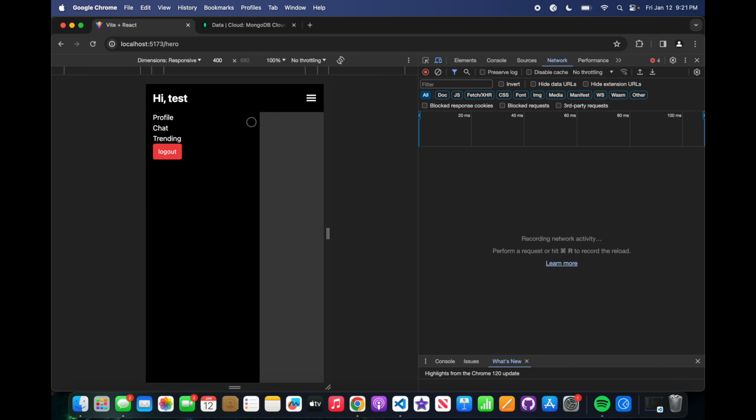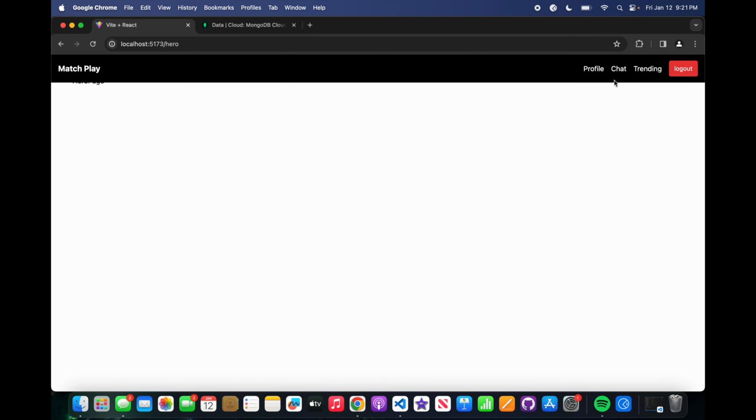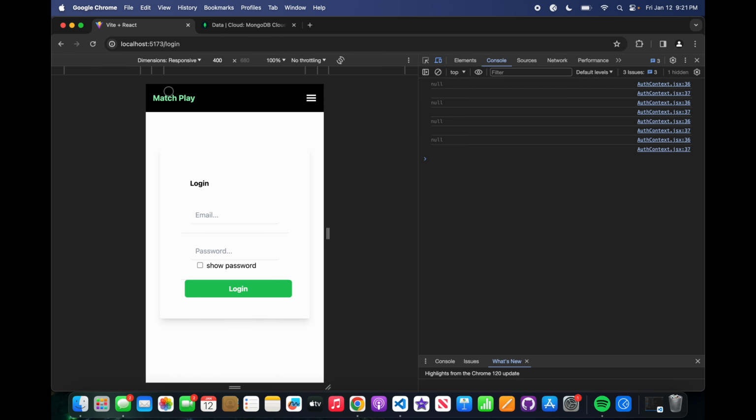Now, if we log out, so logout still doesn't work, but as you can see, everything else works how it's supposed to. Inspect. Let's come over here. Let's see. Because we haven't written the logic that says if we log out, take us right back to the hero page. I guess that maybe we did write the logic, but it's not working as of right now. But let's try and